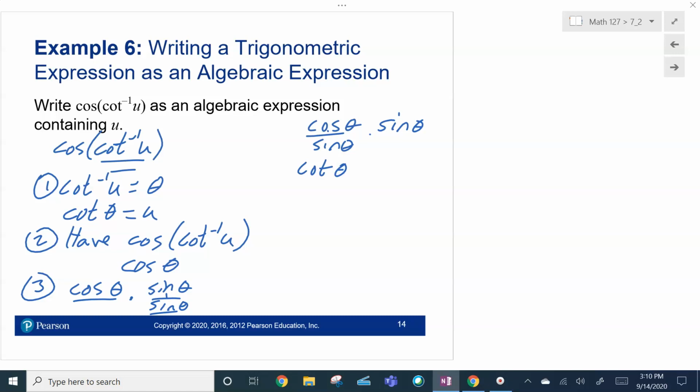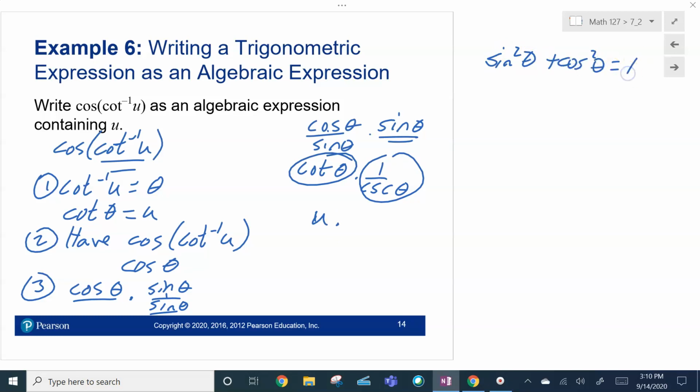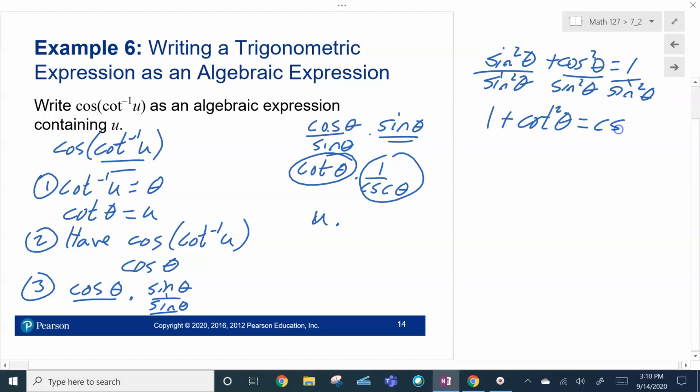That's u. And what I'm going to do is put the sine in terms of the cosecant. So that's 1 over cosecant of theta. The reason is I know that's u, and I'm trying to get this other part in terms of u. 1 over cosecant. So how's that work out for us? Well, we know sine squared plus cosine squared is 1. If I divide everybody by sine squared, then 1 plus cotangent squared theta equals cosecant squared theta. In other words, the cosecant of theta is plus or minus